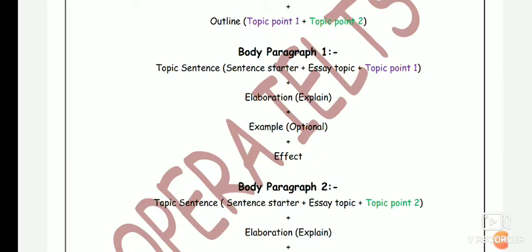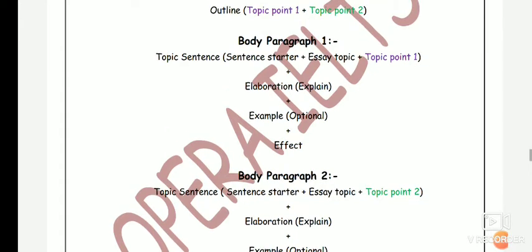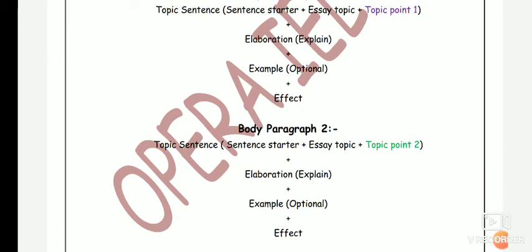Like the many gases and fumes exhausted from vehicles are affecting our health also, as if we are consuming them, we suffer from respiratory problems. So suffering from respiratory problems is a kind of effect for it. And whatever I have conveyed in the previous seconds is a proper BP. Okay, then coming to BP2, for BP2 you have to write the second point.